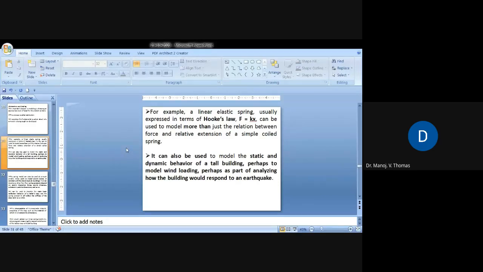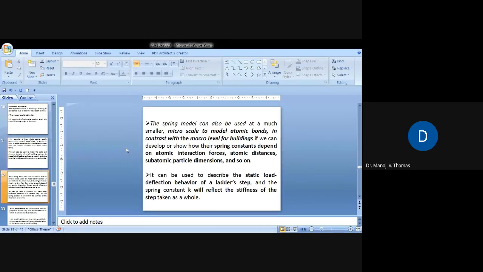What is different? Here k will be different. In the first case, k will be the spring constant. Here the k will be a constant related to the building, how it is constructed, and various factors. We are not discussing how that constant k is going to be generated, but what we are analyzing right now is how to analyze a particular situation in terms of scaling. Scaling means the same equation can be applied to a spring as well as a building, or it can also be used to analyze how the building would respond to an earthquake or some tremor.